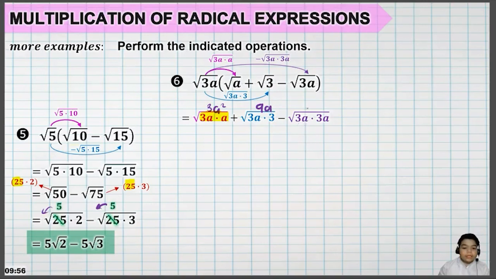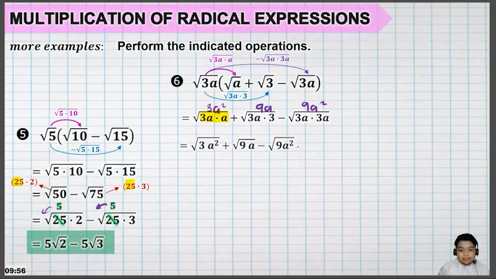So, ito naman, 3a times 3a, this will be 9a squared. Tingnan natin kung tama. Yan. So, tama ba? 3a squared plus square root of 9a minus square root of 9a squared. So, tama siya. Ngayon, titigan natin, pwede pa ba tayo mag-simplify? This is a square root, so baka may perfect square dito or kung hindi naman perfect square, baka pwede tayo